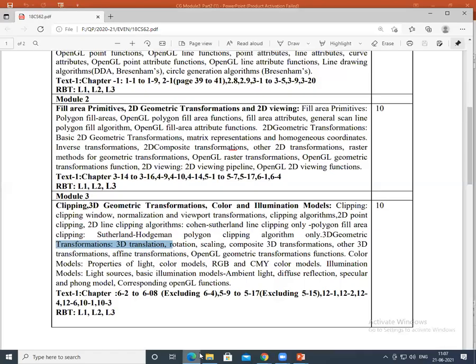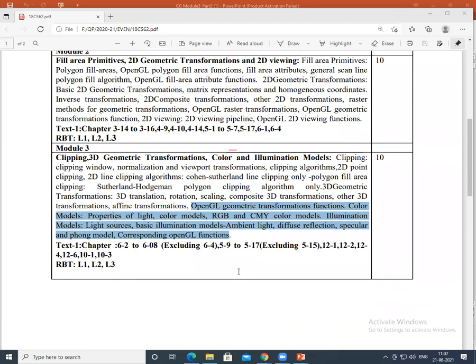And we are left with this concept, that is transformations, 3D translation, rotation, scaling and all. So this is one session and this is around 2 sessions. So that completes your module 3, so that we can go for module 4. So this week at 8:25, tomorrow I'll take one unit test, and next week again at 8:25, one more unit test I would like to do on these concepts. So by that time we would complete.